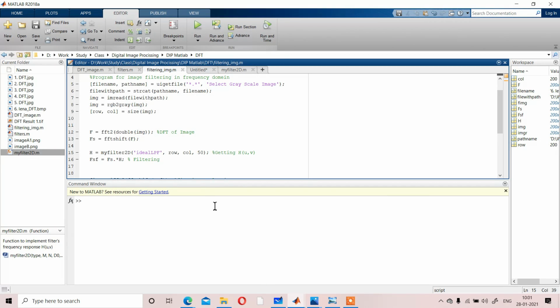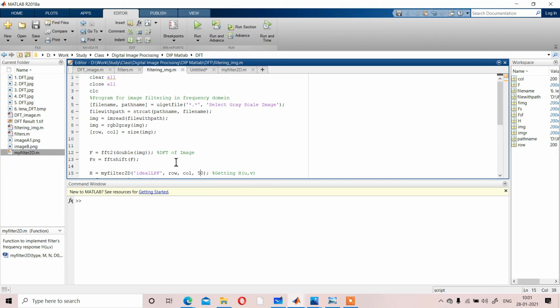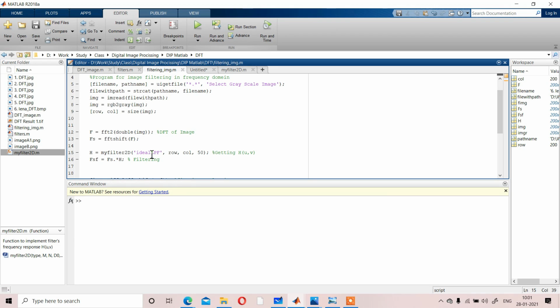You can check it here. Instead of the ideal low pass filter, simply use the Gaussian low pass filter.